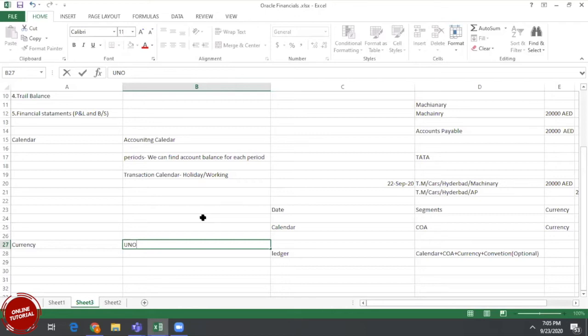Maybe if we want to use any cross currencies, or for example, in the project accounting module, in some cases they want to maintain the project completely with a fixed rate. They don't want to go with the corporate rate. In such a case, we can define our own currencies also. That is purely business demand. Generally, whatever currency is given by Oracle, we can use those currencies.